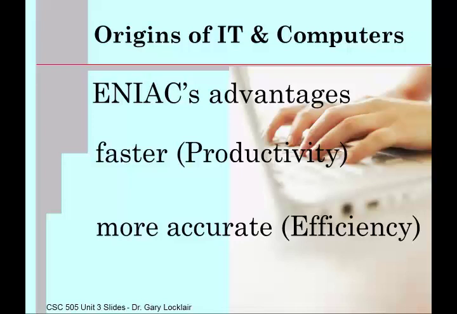The background was Eckert and Mauchly went to the United States Army and said, "We hear you're having a problem." The problem was it took a room full of women, these human computers, several months to create just one table. And that was just for one gun. So they were behind. And Eckert and Mauchly went to the United States Army and said, "We can build a device that will construct one of these tables in hours." Yeah, it was going to be much, much faster. And again, more accurate, we would hope, too.